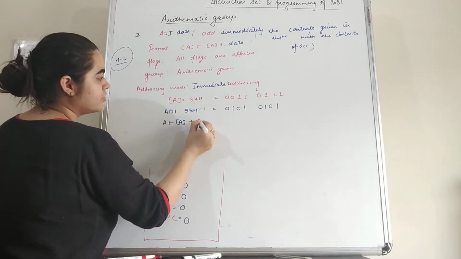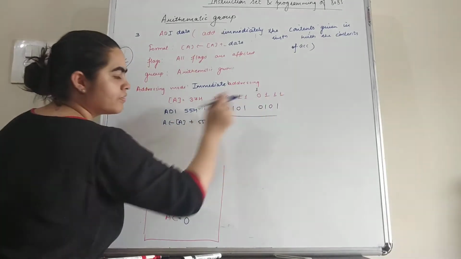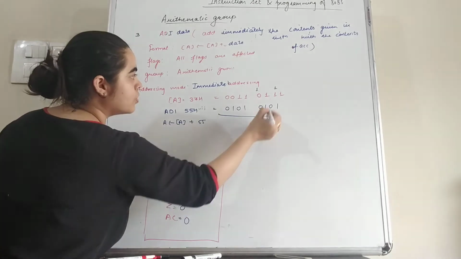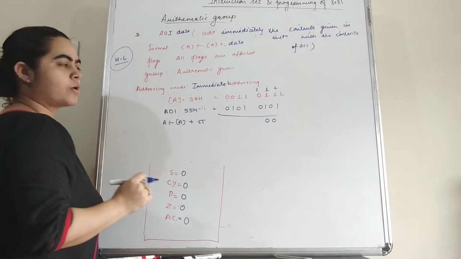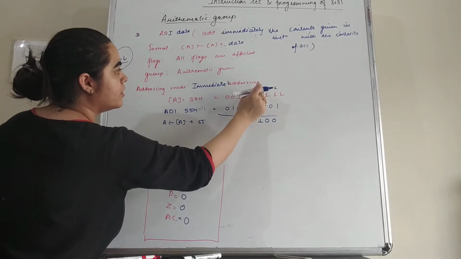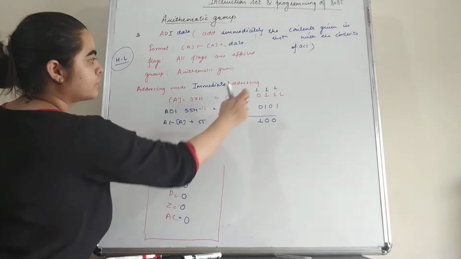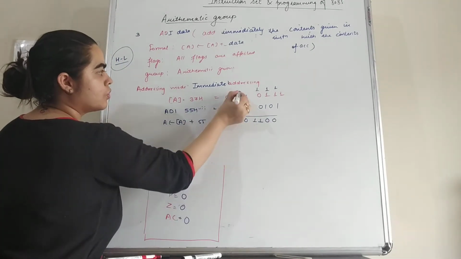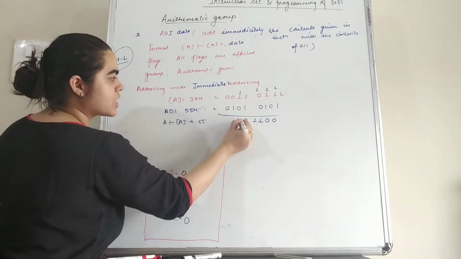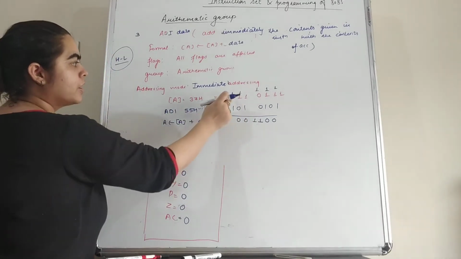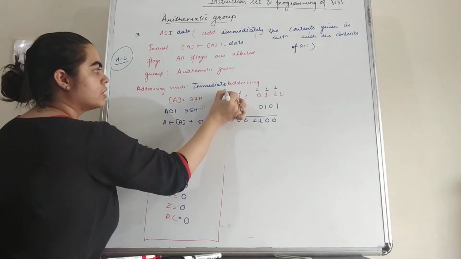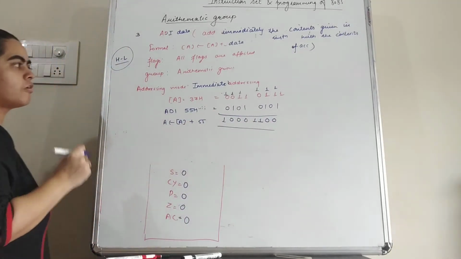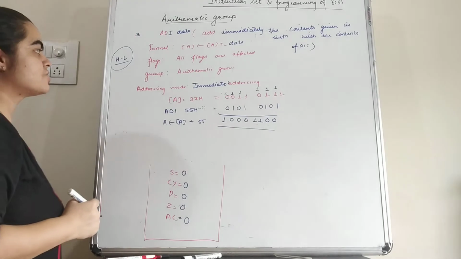So after addition we have result 1 and 1 is 10. So 0 here, 1 here, 1 1 and 0, again 10, 0 and 1. So 1 plus 1 plus 1 is 11 in binary. So 1 here and 1 here. After this 1 plus 0 plus 0, 1. 1 and 1, 10. 0 and 1 is carry. 1 plus 0 is again 10, 0 and 1 is carry. 1 plus 0 plus 1 is again 10, 0 here and 1 here. So 1 plus 0 is 1. So this is the result of the addition of 55H and 37H.